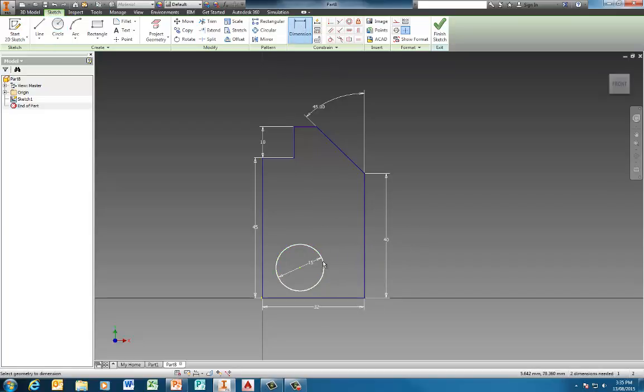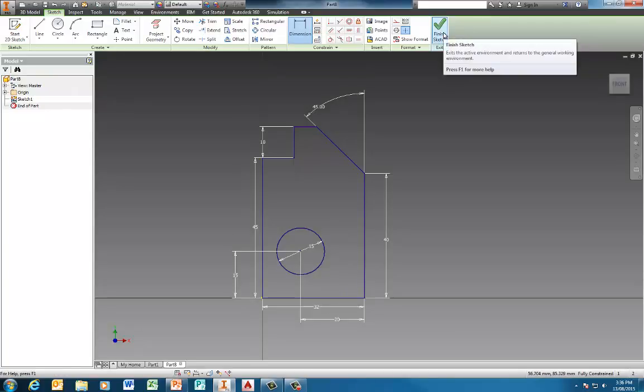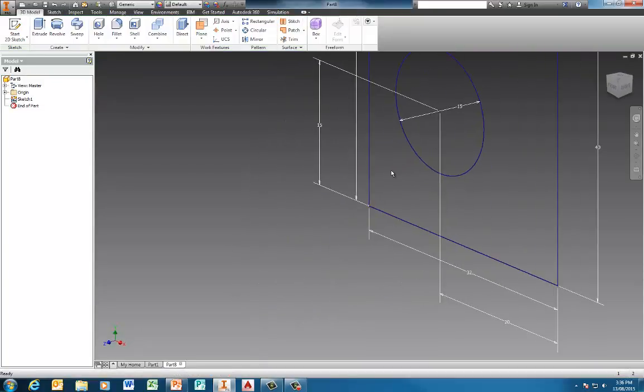We now need to use dimensions in order to get the center point of our circle into the right position. So 20 millimeters from the right hand side, and then selecting the bottom line and then the center point of the circle, 15 millimeters from the bottom. This is now our fully constrained sketch, and in order to finish this we'll need to go to our 3D